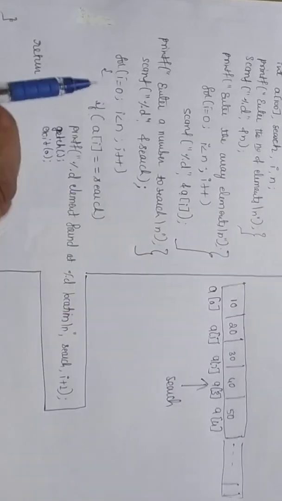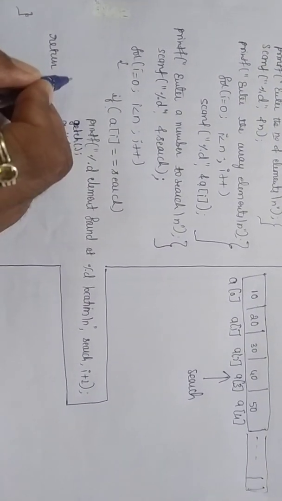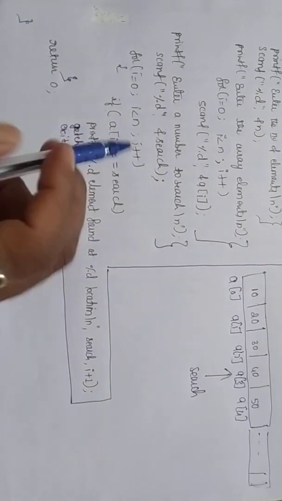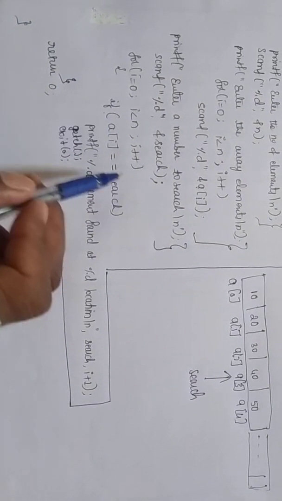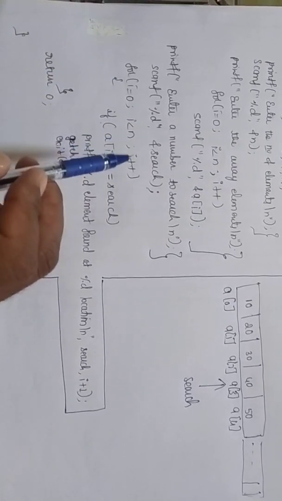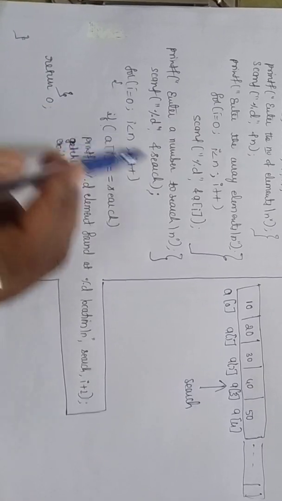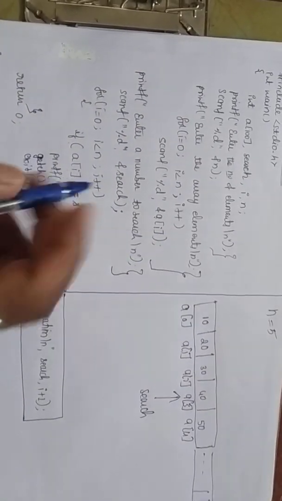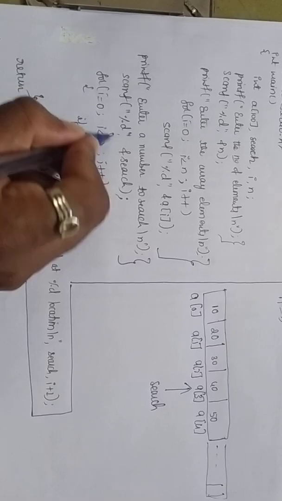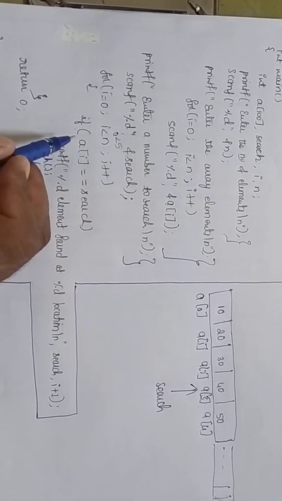Now for that I am going to use one for loop. See, the for loop opens here and closes here. So within the for loop I am having one if condition and 3 statements. Now, for i equal to 0, i less than n, i plus plus. Initial value of i is how much? 0. Whether 0 is less than n value 5? Yes. Condition true. When the condition is true, it comes inside the for loop.